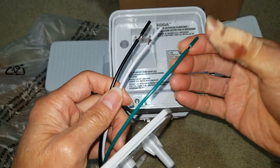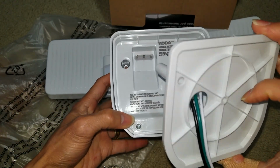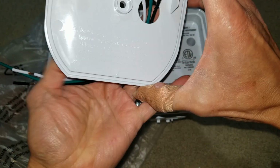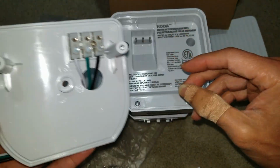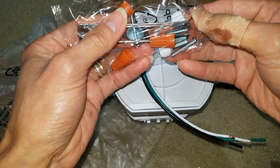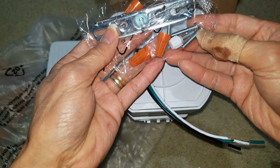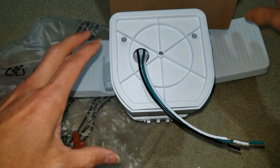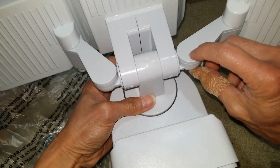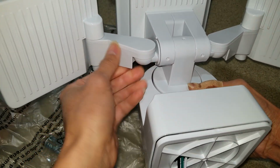So you have high, neutral, and then ground, okay? So yeah, we need to mount this plate onto the wall first. And here are all the screws and hardware and wire caps. Yeah, this is made out of plastic. Hopefully it's not gonna break. I have the solar light, and they have that cheap plastic, and it broke, so